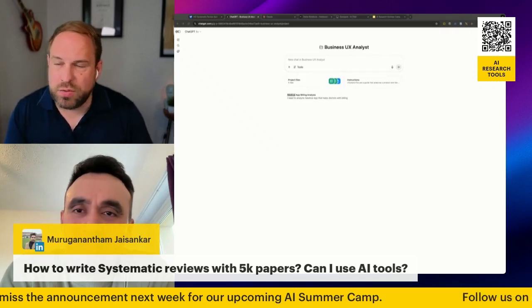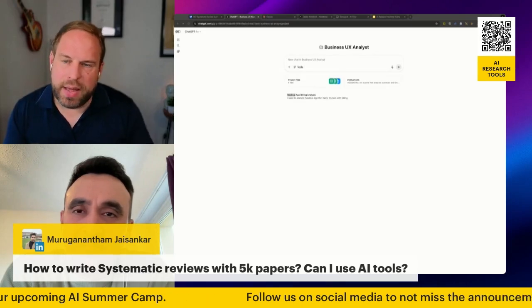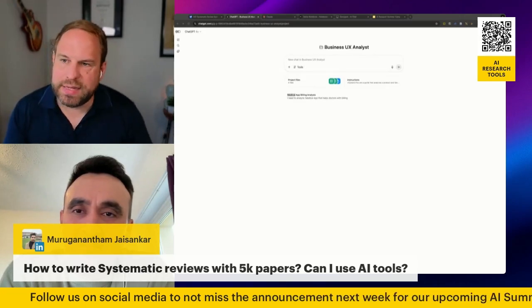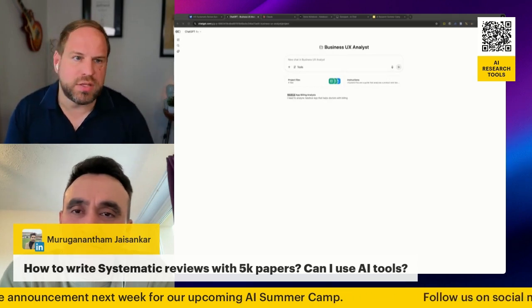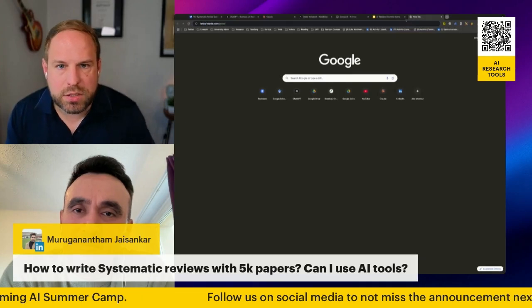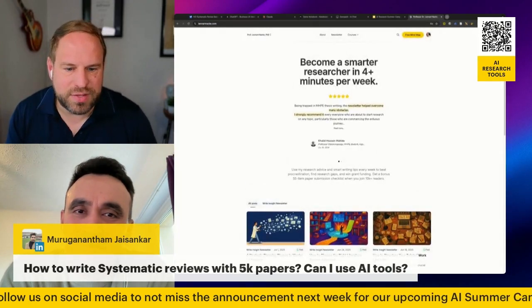Sure, you could try to do that with the help of AI by just having it screen the abstracts and things like that. But you're not actually working efficiently at that point. At that point, what I would recommend is work on that query, make exclusions. Again, there are Boolean operators. If you actually want to know how to do that, I did just write about that in my recent newsletter.